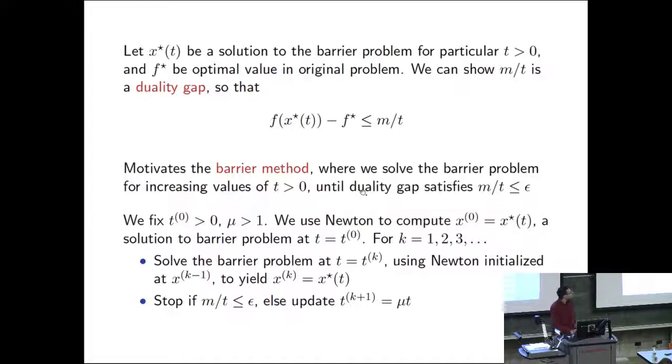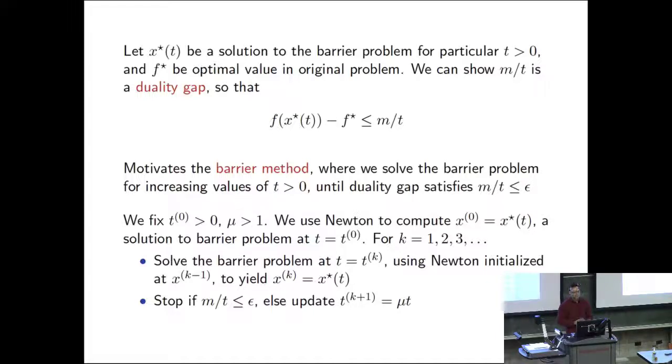The difference between the barrier method and what you might have tried at first pass is that the barrier method actually has you solve this over a sequence of values of t and gracefully increases t. It just doesn't jump to a very large value of t. And every time that you solve the problem, you use Newton's method and you warm start the algorithm at the current value of t